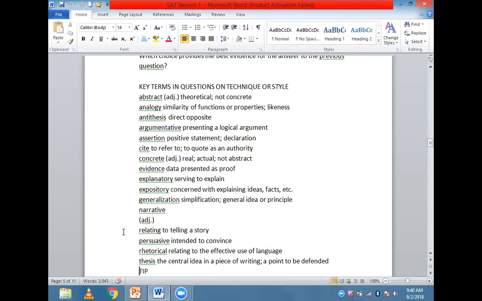When discussing the reading section, I also like to discuss a few terms. Basically, these terms are asked a lot of times in the questions or are given in the options. And because the students might not be clear on the meanings of these terms since they're slightly technical, you might get confused. So for example, expository. Expository means concerned with explaining facts, ideas, etc. Rhetorical, which means relating to the effective use of language. So I just gave you an example of two words. We will discuss these words in detail in class later on.